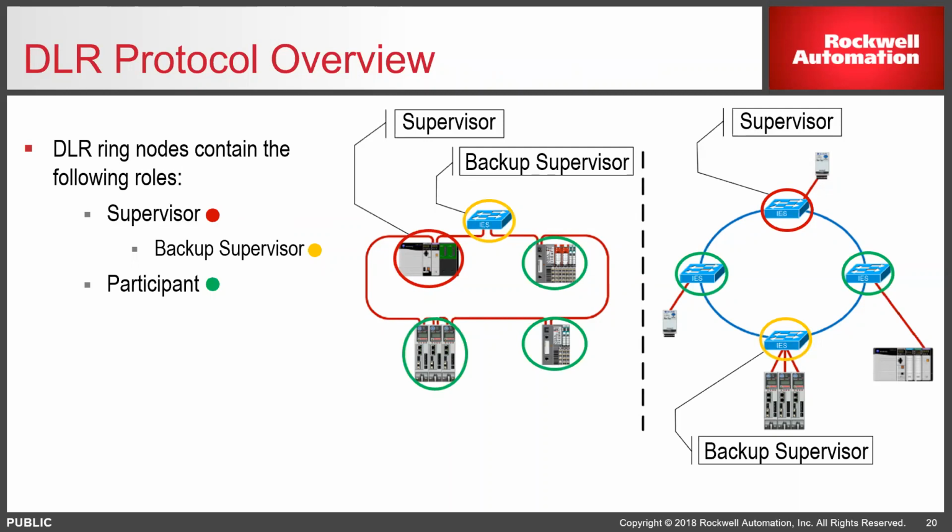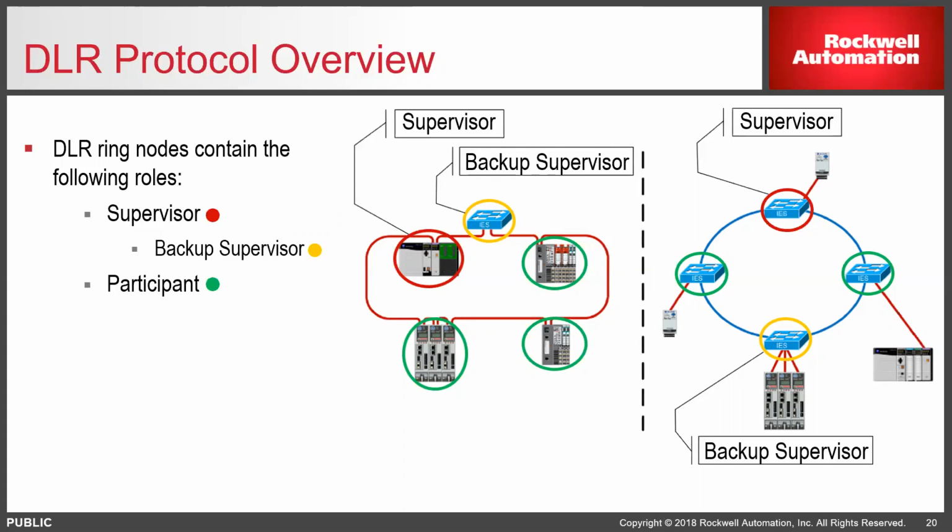So what that means is the reason why you have a backup supervisor is if that controller that you see circled in red on the first diagram, or the switch circled in red on the far right diagram, is the device that has the fault, your backup supervisor, which would be the one in yellow, would then detect that that's the device that has the fault, and then send the packet and the information that needs to be delivered the opposite way on the ring,